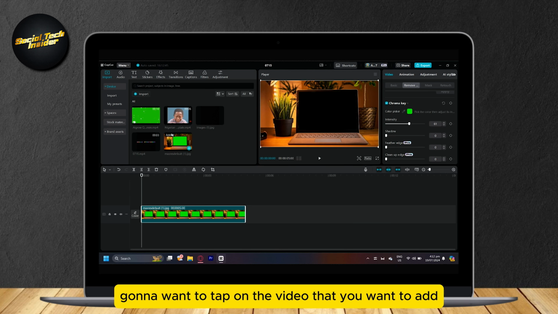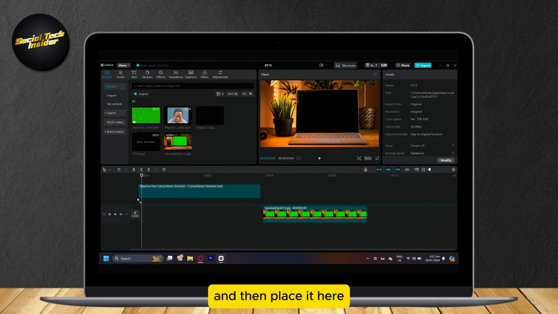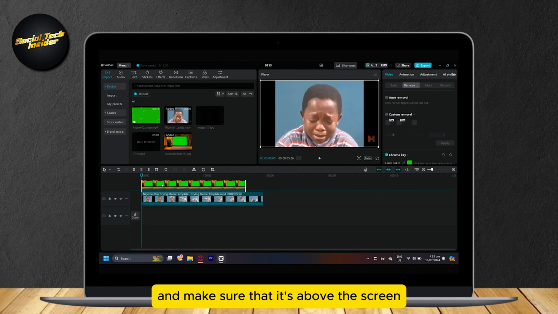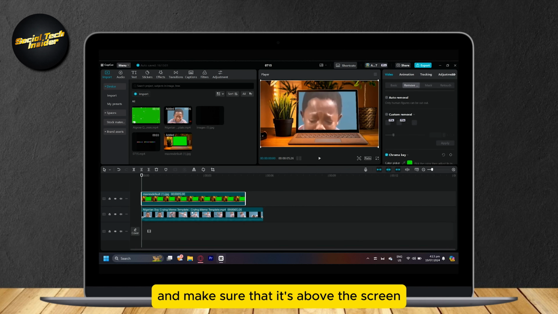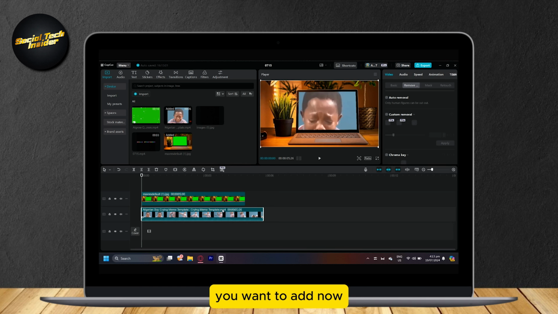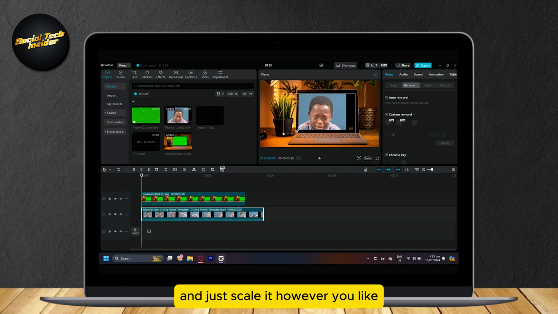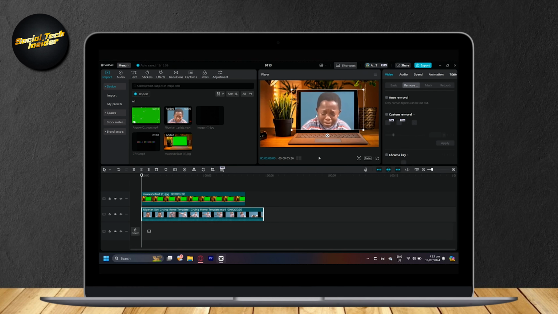So now you're going to want to tap on the video that you want to add and then place it here. And you're going to want to tap on this and make sure that it's above the screen you want to add. Now you can tap on the video that you've added and just scale it however you like and